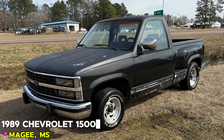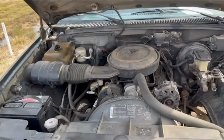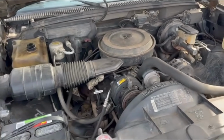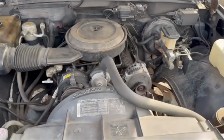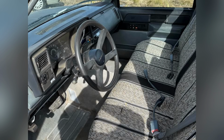Number 4. 1989 Chevrolet 1500, price $4,500, with 217,000 miles on the odometer. Equipped with an automatic transmission and powered by a strong 5.7-liter engine, it runs and drives exactly as it should. This truck has been the owner's personal daily driver and comes with a clean title, making it a dependable choice for its next owner. Sporting a sleek black exterior paired with a blue interior, this Chevrolet 1500 offers both style